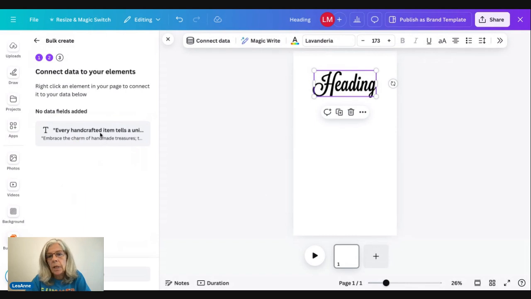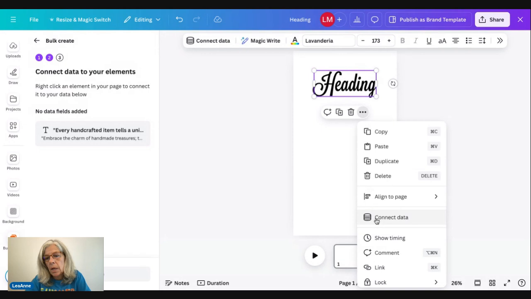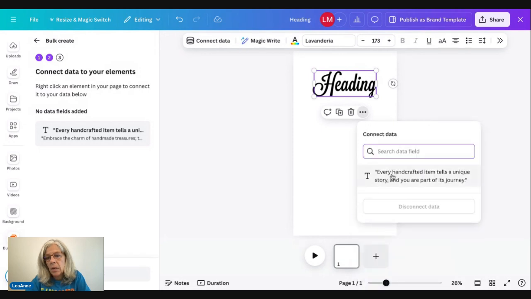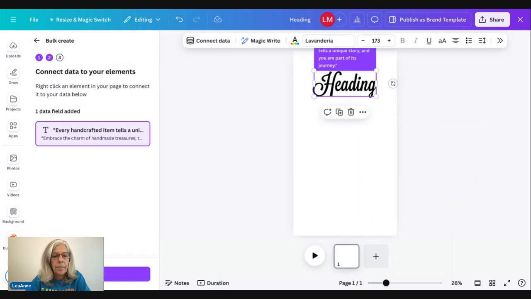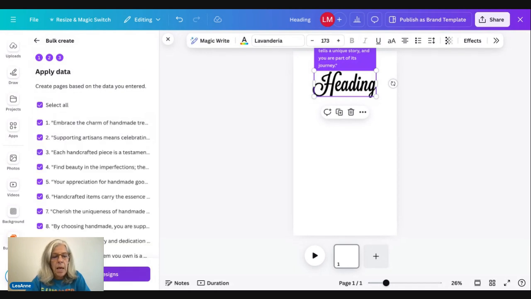And I'm going to click on this. I'm going to click over here, connect data, and I'm going to highlight this, click on it, and then down here on the bottom, the purple continue button lit up. So I'm going to go ahead and click it. And then right here, it says generate 29 designs. So if I click that,